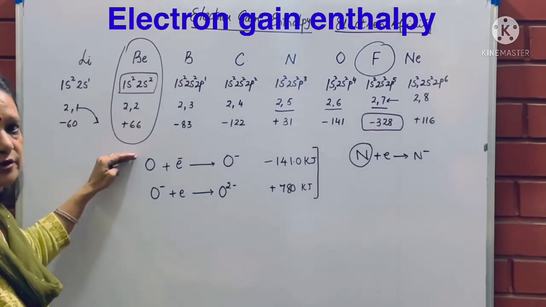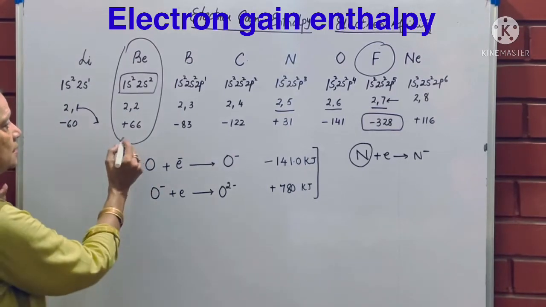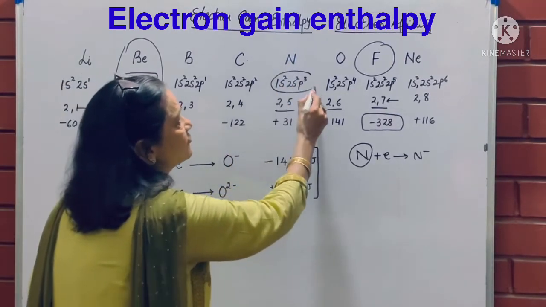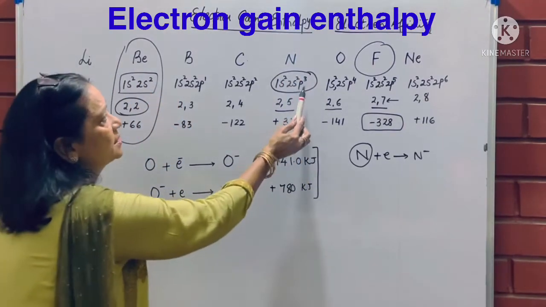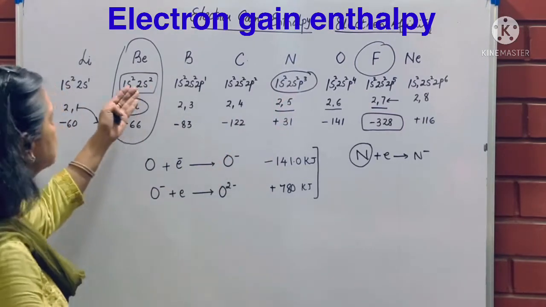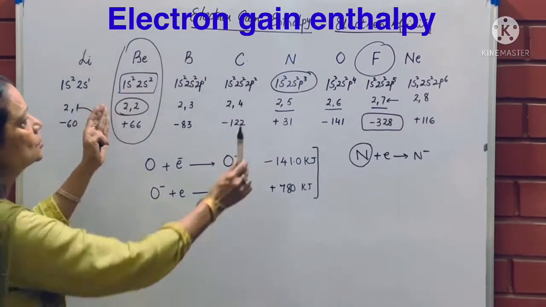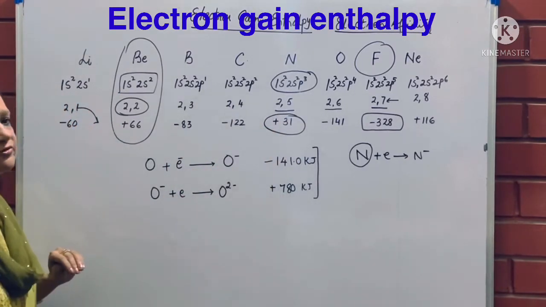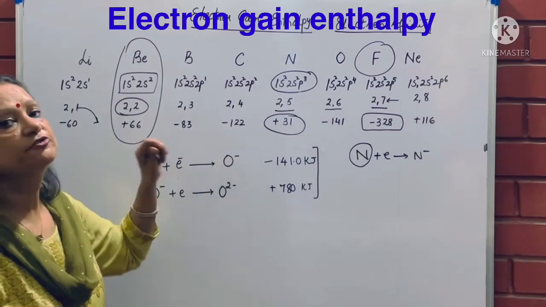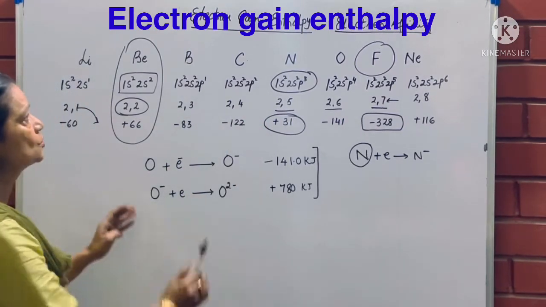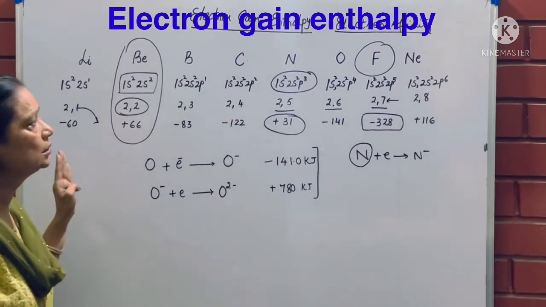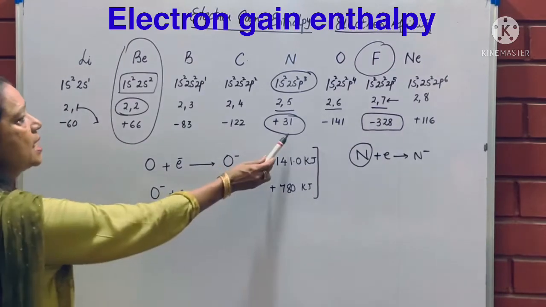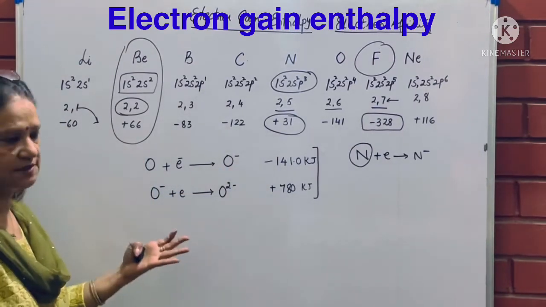Again, like in ionization energy, if there is stability in the atom, then that atom becomes different from the other ones. So P3 is half filled, and this is a completely filled S orbital. These two are behaving in a different way. That is, if I want to give them electrons, more energy will have to be given to them. So electron gain enthalpy, although it keeps on increasing from left to right in the periodic table, has a few cases where it changes a little.